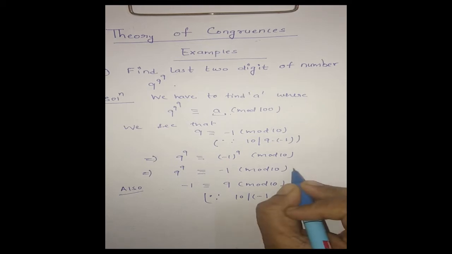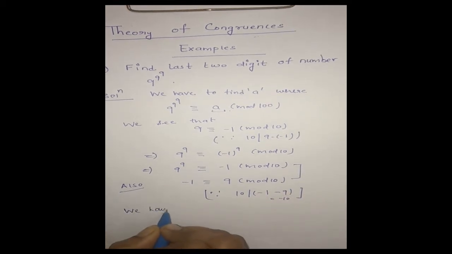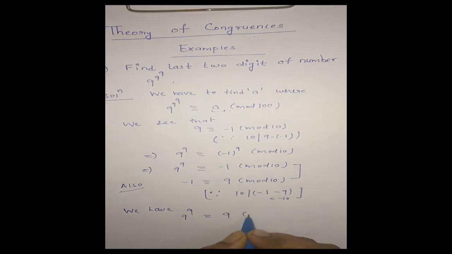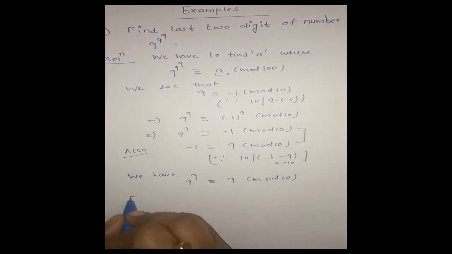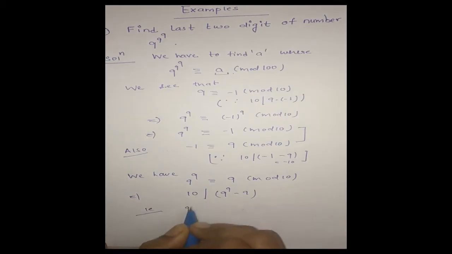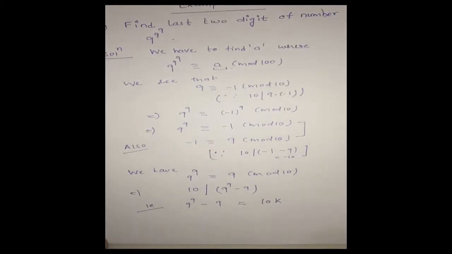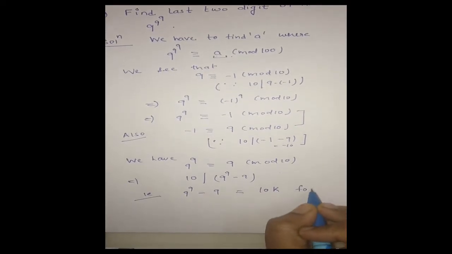Okay, therefore using this we have 9 power 9 is congruent to 9 modulo 10, and from this we can say 10 divides 9 power 9 minus 9, that is 9 power 9 minus 9 is equal to 10 into k, for some integer